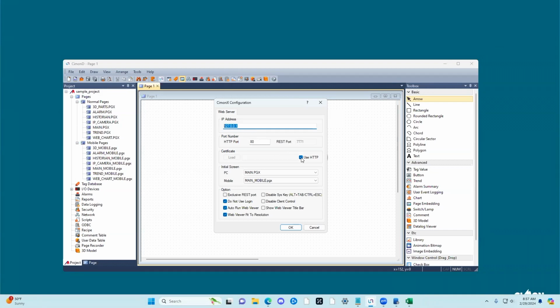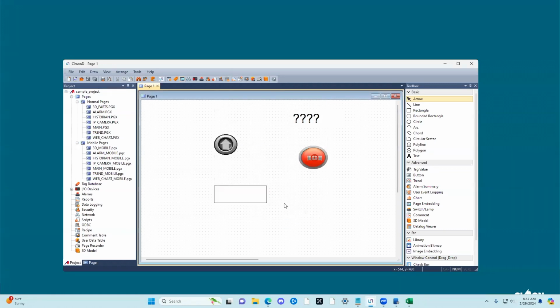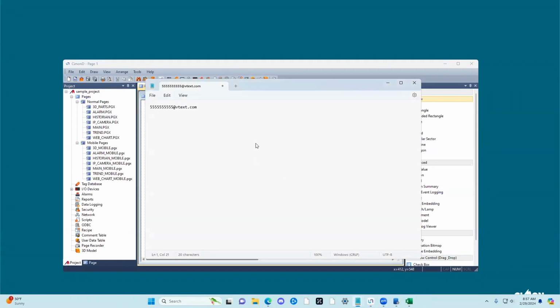I would recommend checking the use HTTP box unless you have a certificate that you want to put in here. It's going to be port 80 for your HTTP. And then you choose your starting page and so forth. And then once you press OK, you're good to go. You just initiate the runtime by running CIMON and then you're going to navigate to this website. So you would be like HTTP,